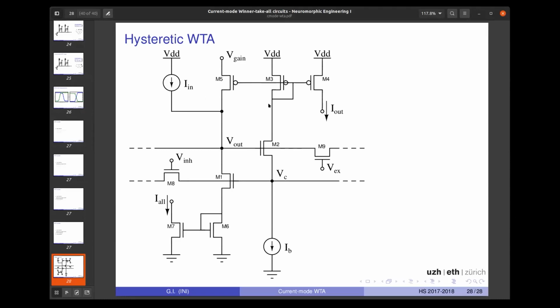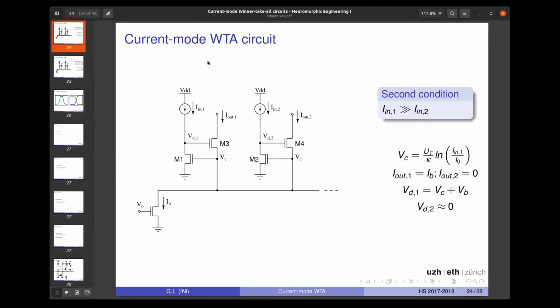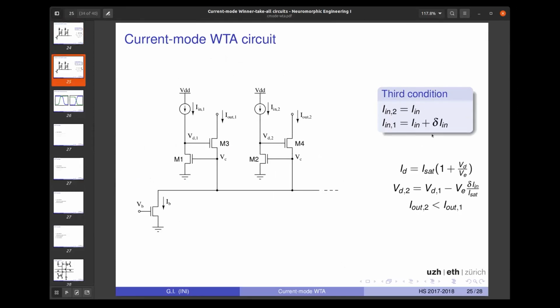Like, what in the circuit determines the win threshold? So in the simple one, you have to be larger than some delta that really depends on the early voltage. As I said, 2 millivolts are enough to make it switch completely from losing to